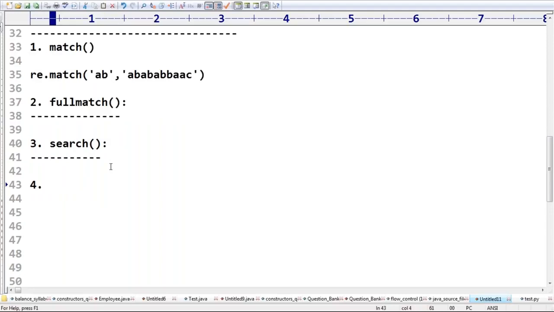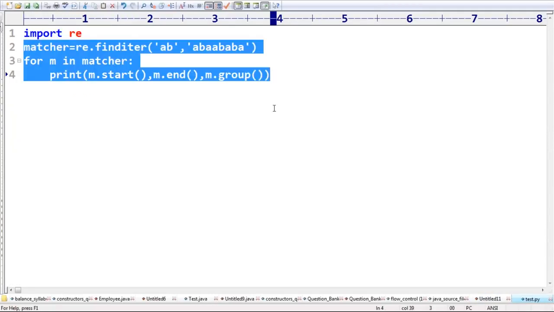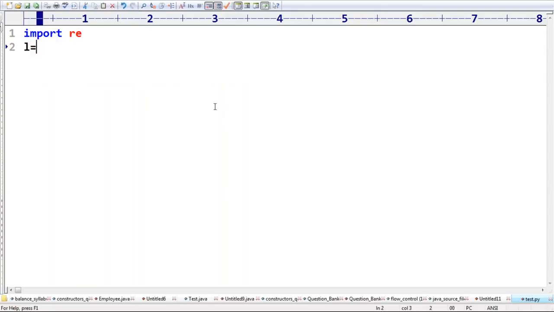Next one after that, findall. Are you getting it? Boss, all occurrences I want, not just the first occurrence. To find all occurrences of the match, we should go for findall. The findall method returns the matched things in the form of a list. Very simple, sir. Suppose I'm taking import re, next l is equal to re.findall of